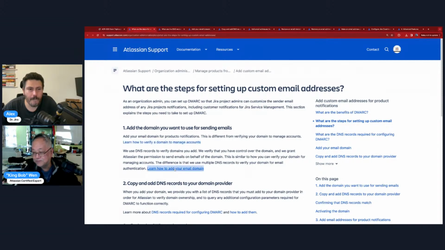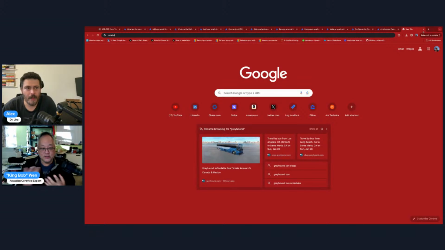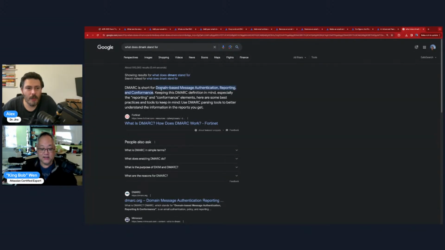Anyway, so basically, it is one of a number of protocols that Atlassian uses, so that if you tell Atlassian my email domain is superawesomeurl.com, right, any emails, it will use that. You can use any email address for notifications